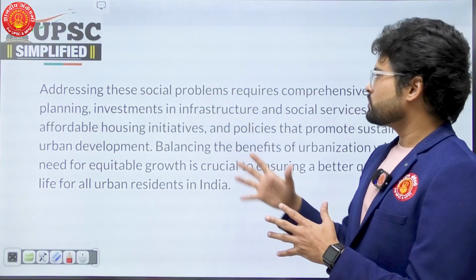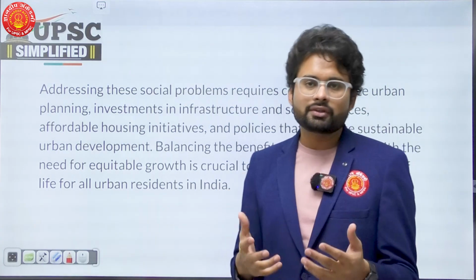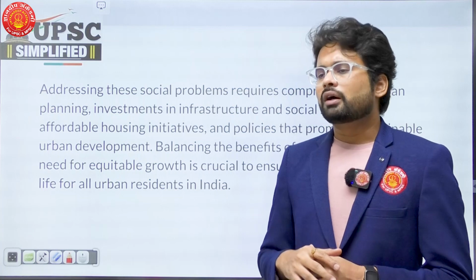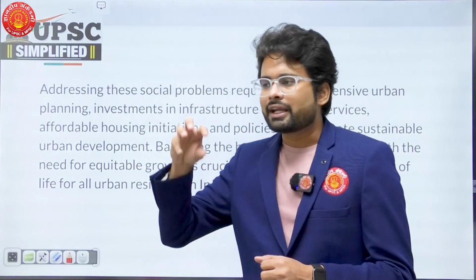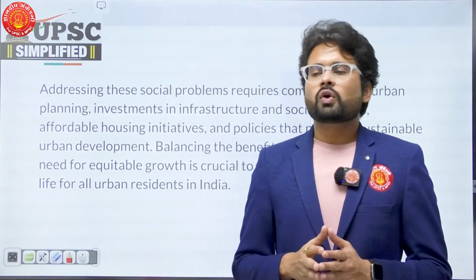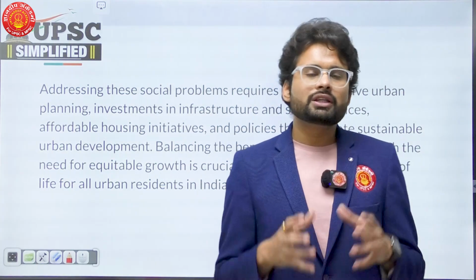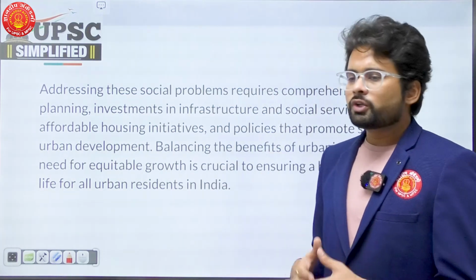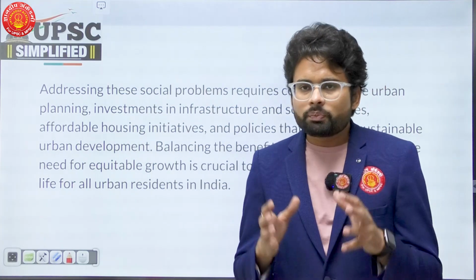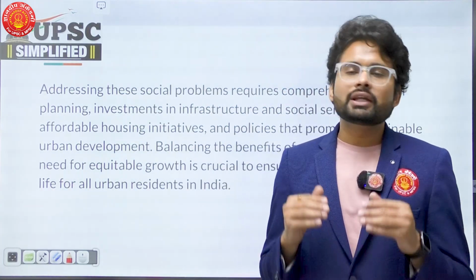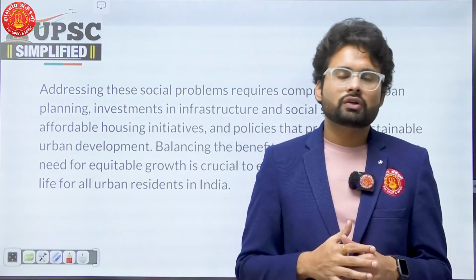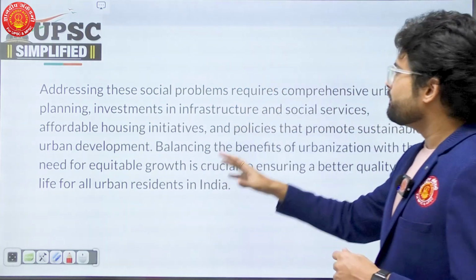For example, addressing the social problems requires comprehensive urban planning. So a very important suggestion is that we need to plan our urban centers. We need to plan where the residential area should be, where the industrial area should be, what the width of the roads and footpaths should be, where the gardens and parking lots should be, where the garbage is disposed, how the pipelines can move, and so on. We need to plan the future cities very precisely, and they should meet the demands of the next 100 years.